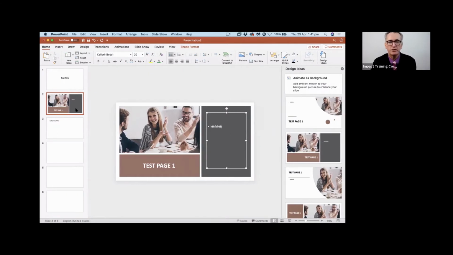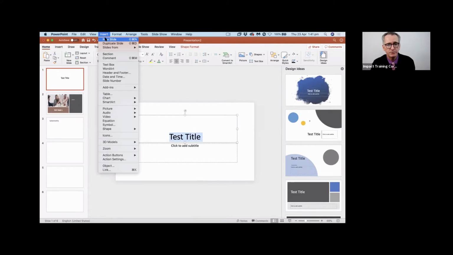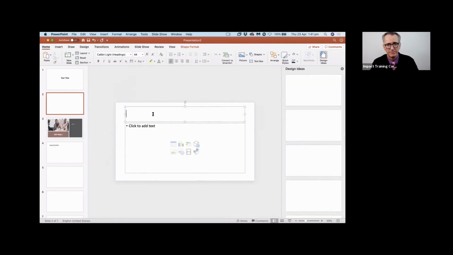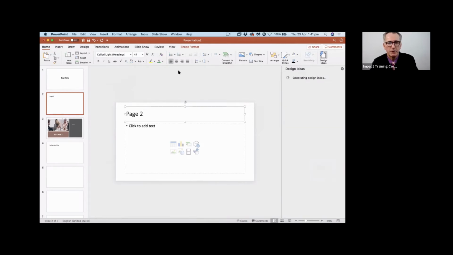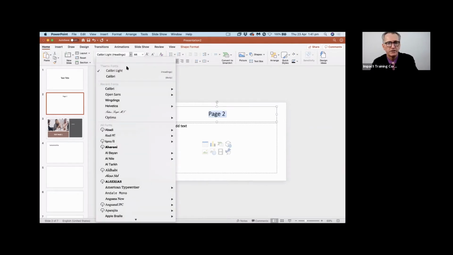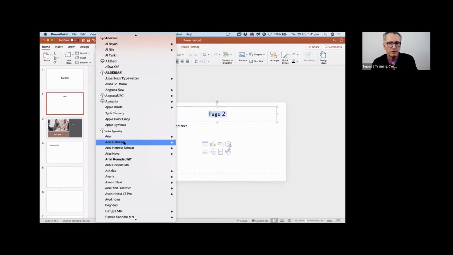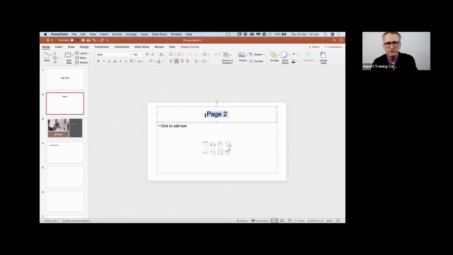So what I'd like you to do now is write in a title on the front page, have a second page, insert a page, new slide. You might just type in page 2. Go up to here and center it. If you don't like that font, change it. You might like a straightforward Arial. A lot of people use Arial. It's very old school. That might be your font.